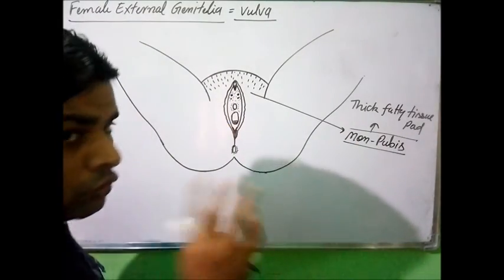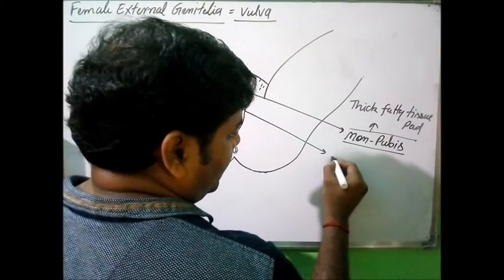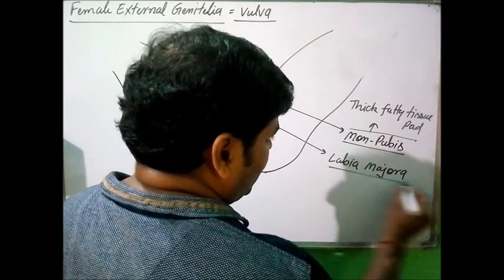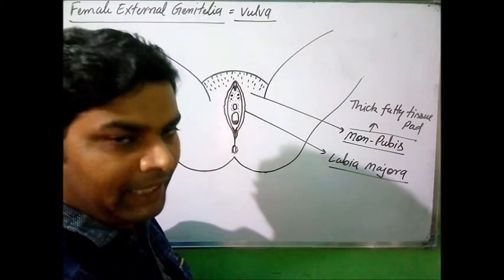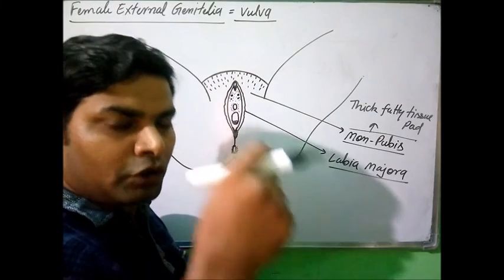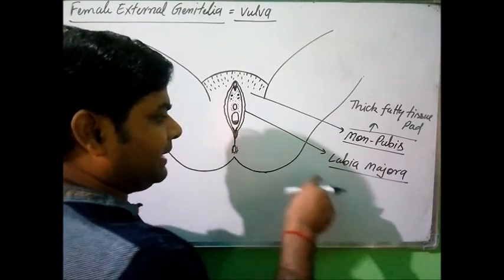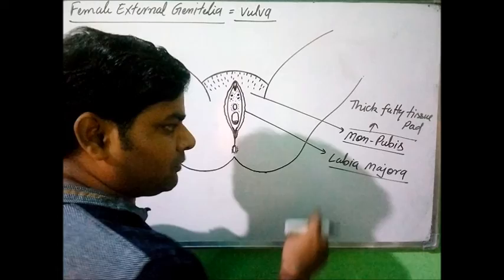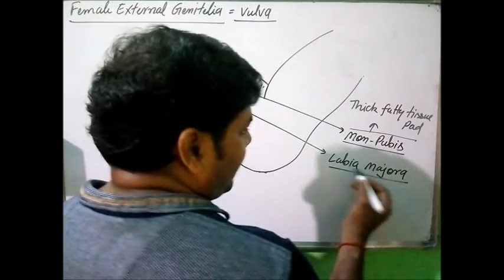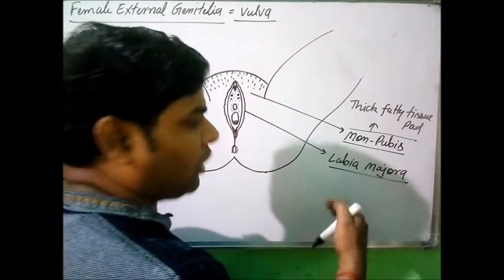Okay, now there are two muscle foldings I have told you. The first one, the outer one, is labia majora, which is homologous to the scrotum of male. Means the structure from which the male scrotum is going to be developed during embryonic development, from the same structure in case of female, labia majora is going to be developed. So that is why labia majora is homologous to the male scrotum. Okay, so labia majora means, labia means lip, major means big. So this is large lip or big lip.